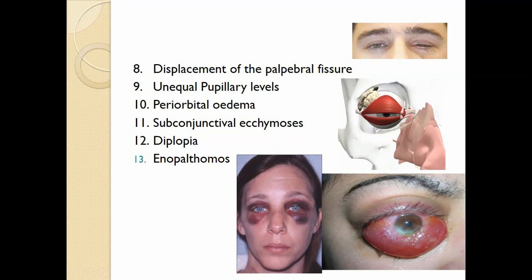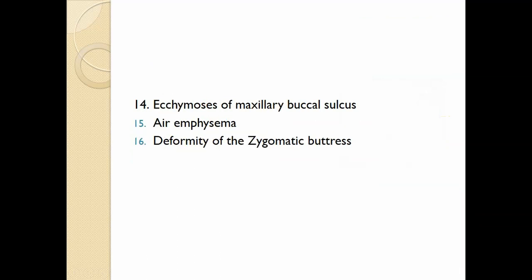So if there is a zygomatic maxillary fracture, it goes downward. So the pupillary level will be down, and periorbital edema will be there. Subconjunctival ecchymosis, diplopia, like double vision, will be there, and enophthalmos, because the contents of the orbit go inwards, and ecchymosis of the maxillary buccal sulcus. If you see intraorally, you can see there will be hematoma on the buccal sulcus in the maxillary region, and